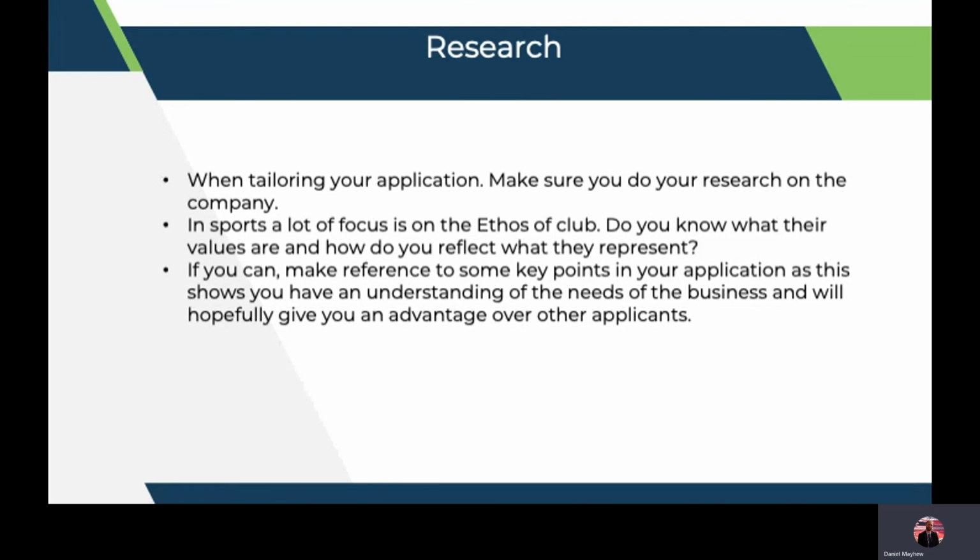So the website is usually a fantastic place to find out about the organisation and the type of individual they're looking for. If you can, make reference to some key points in your application, as this will show your understanding of the needs of the business and will hopefully give you an advantage over other applicants. So again, this is using research to make your application relevant, which will elevate the status of your application above